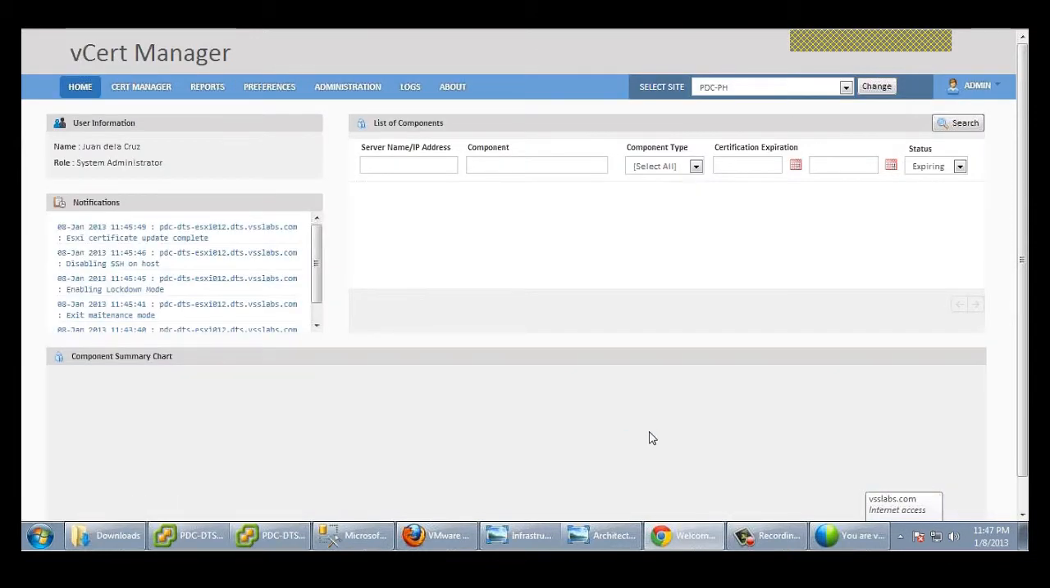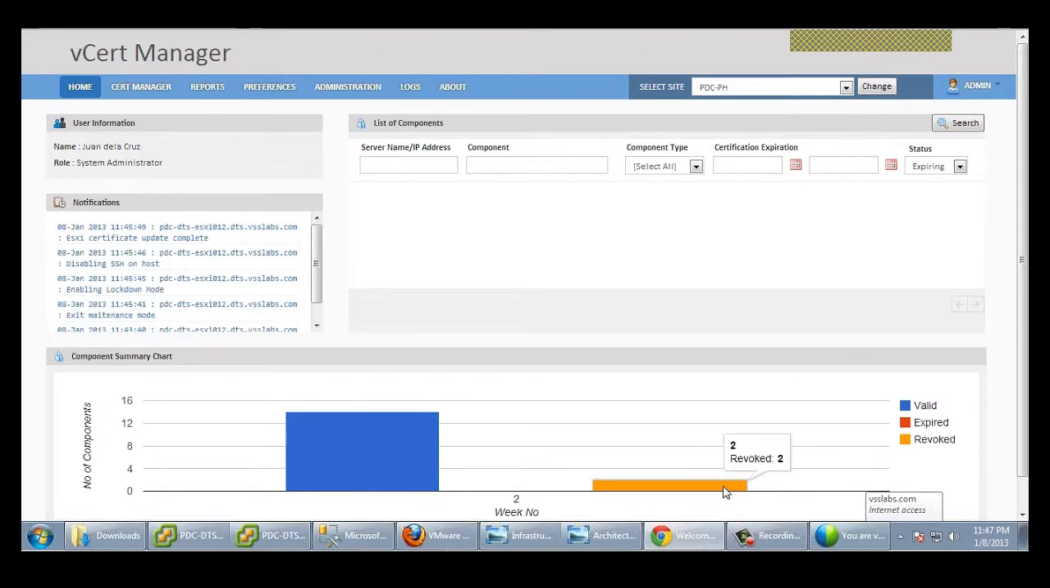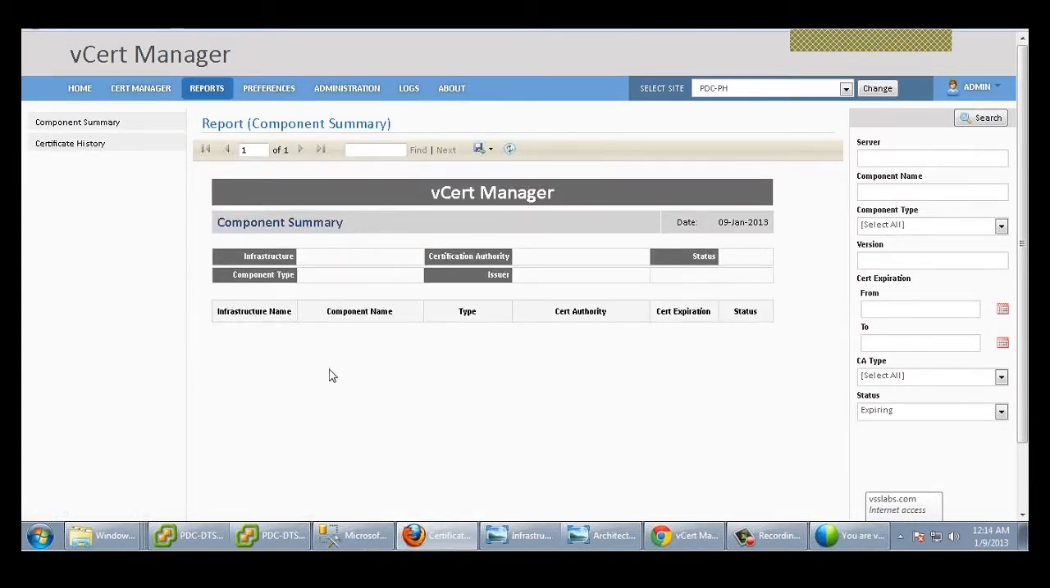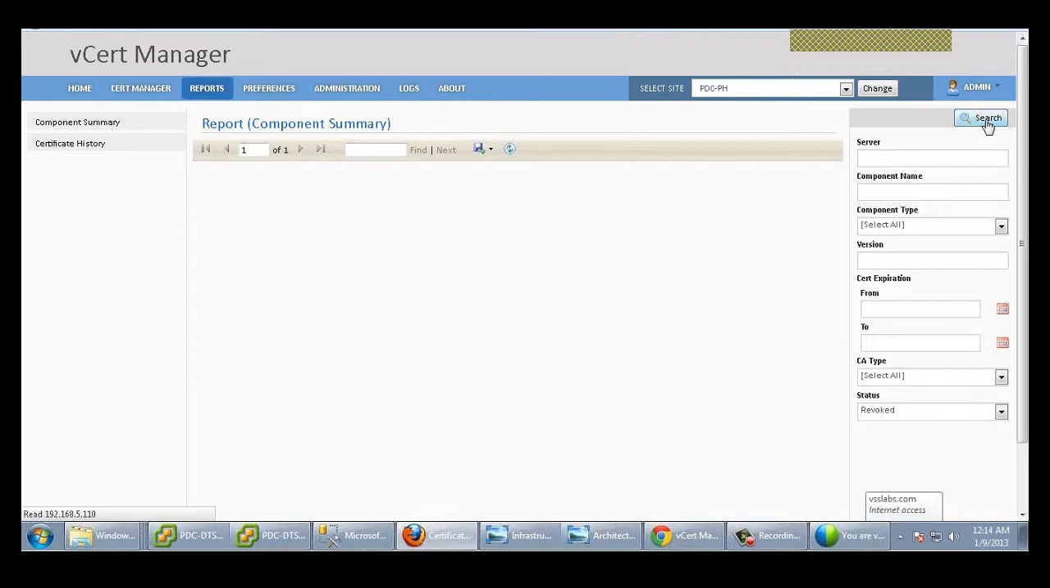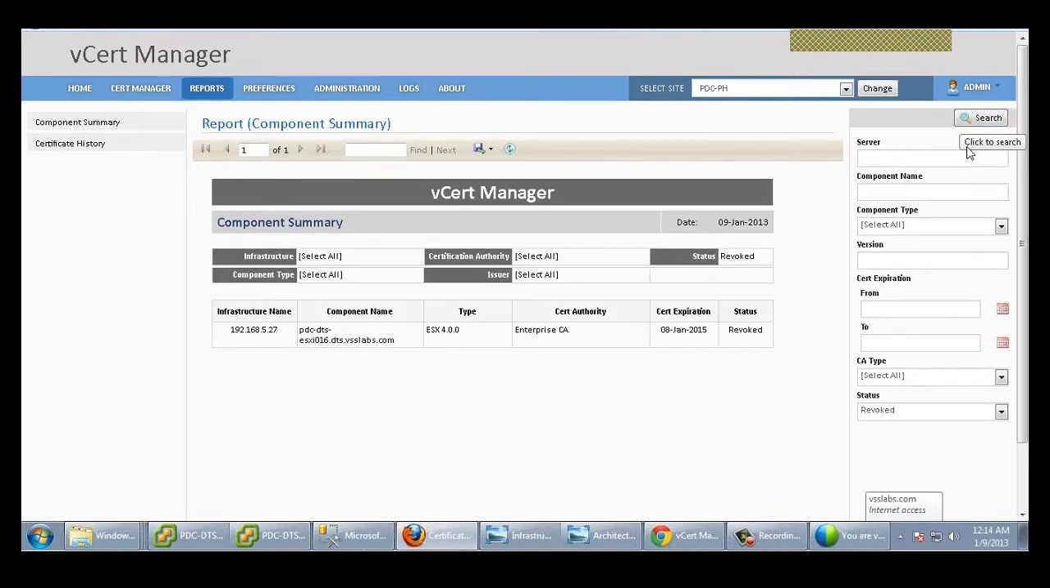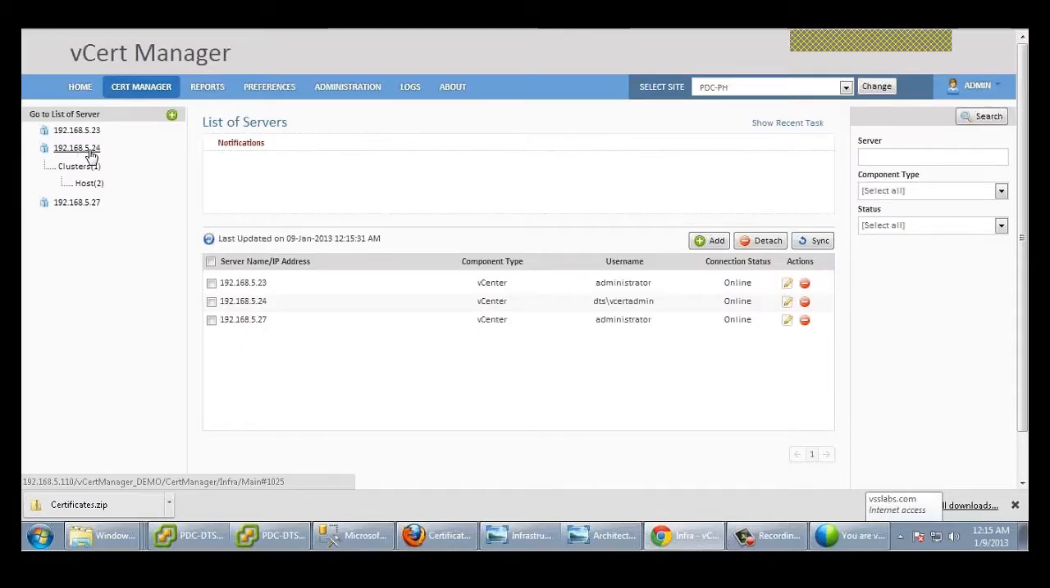We also have the dashboard. The graph will tell the user of a cumulative history of the certificates in vCert Manager. The user can also make use of the list of components widget to query the status of the certificates, for example, the revoked certificates. We also have provided these reports where the user can make use of the search criteria to dynamically search for a specific record. Now, if we go back to our vCenter 5.0,